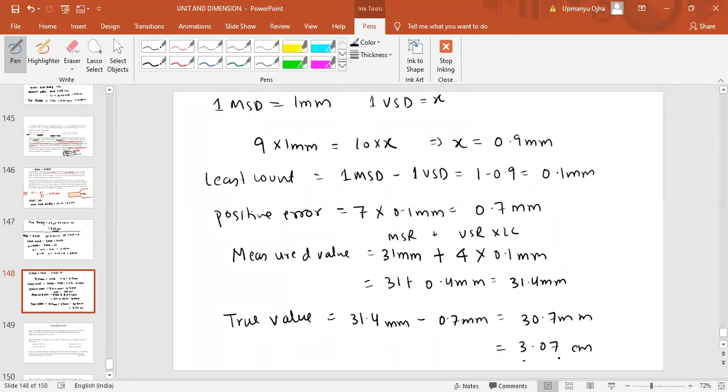So the length of the cylinder would be 3.07 centimeter. Okay. So those who have got the answer correct, which means we have understood the vernier scale properly. In this scale, we have all the positive error also. We have everything in this problem only. The only thing you have to see is how you are reading this problem. You have to read this problem, understand the problem. Then only you can get the answer from this.